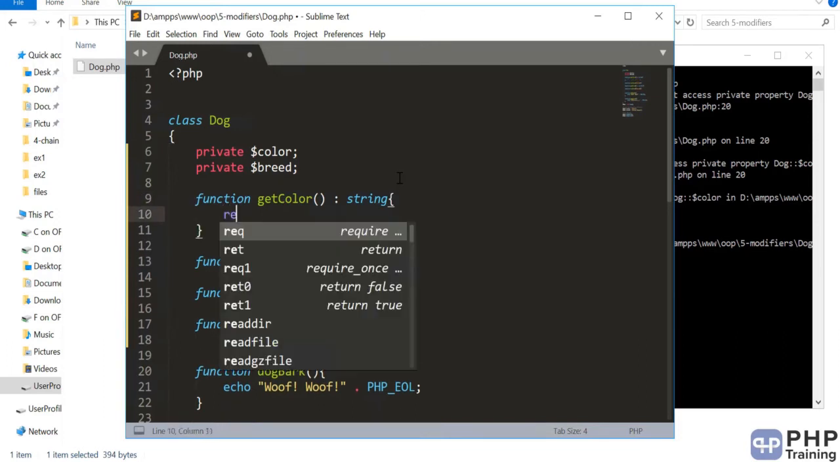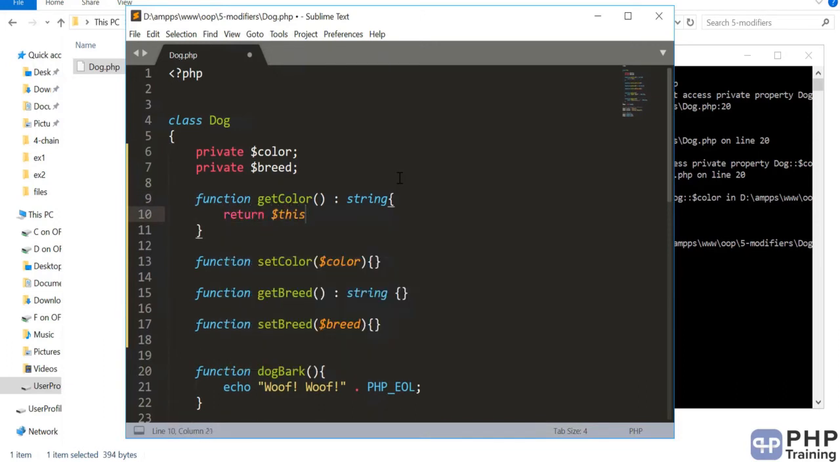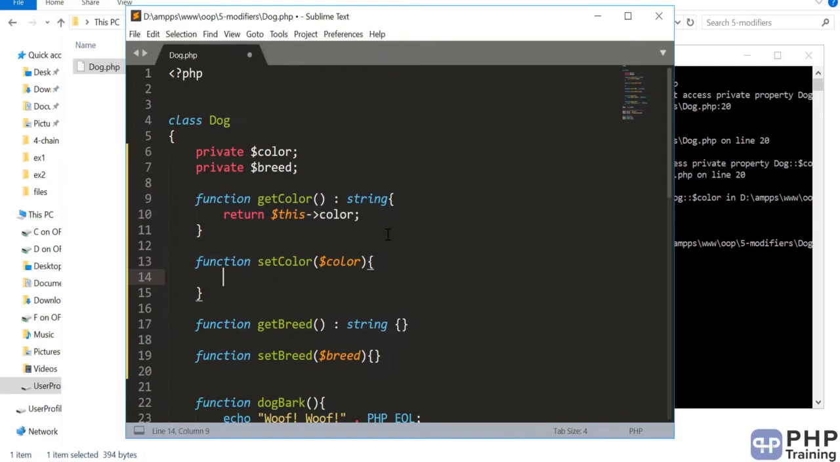So you have to return this, so you return $this and then you return the color. Remember that when you mark a property as private, you can still access it within the class. Now when you say return, the value of that property is returned, not the property. You cannot access the property, you're just passing the value of that property via this method. And how do you set? You can set